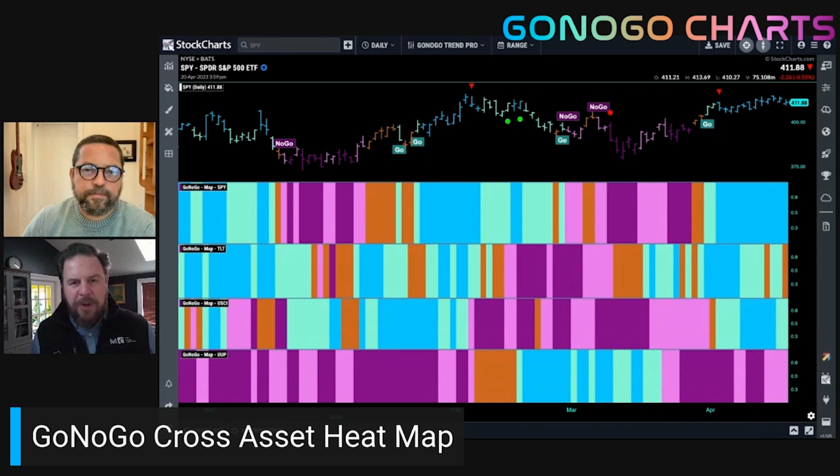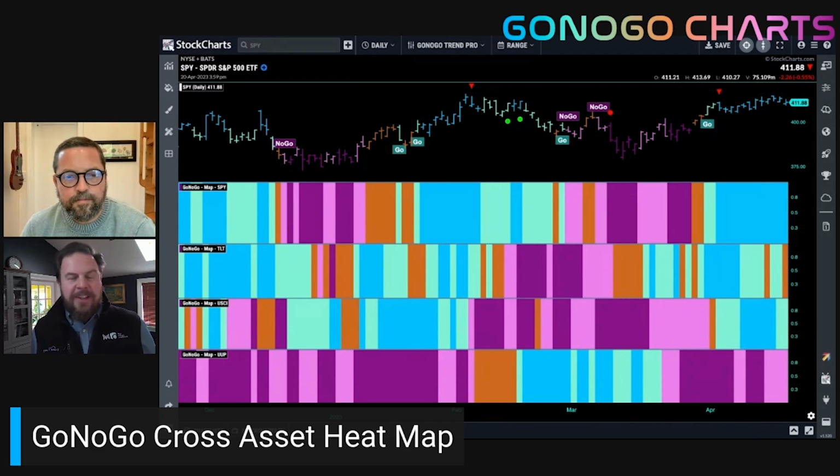Now, as we know, correlations are not constant, right? There are historical corollaries that we can look at to markets like this, where a falling yield, a weaker US dollar can be stronger for equities and risk assets broadly. But as we saw in 2022, sometimes those correlations move to one. And so we keep an eye on some of this cross-asset work just to get an understanding of the shape and the tenor of the markets.